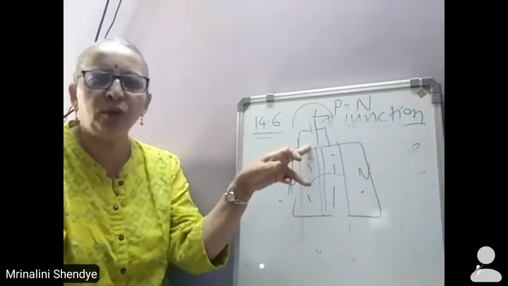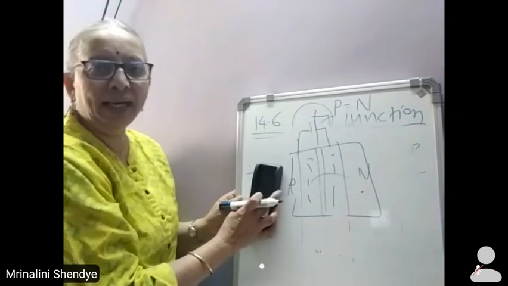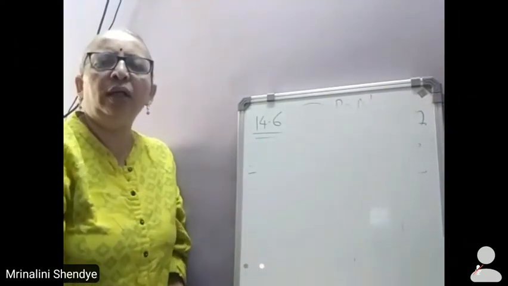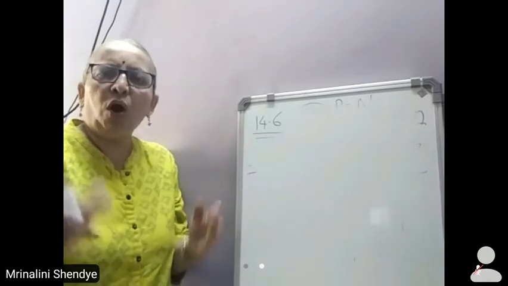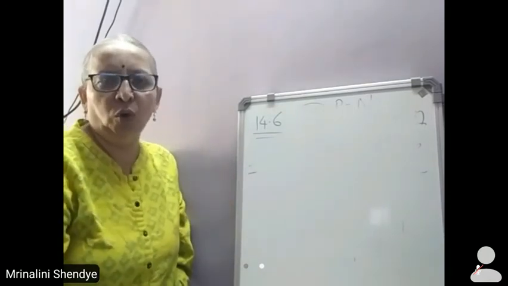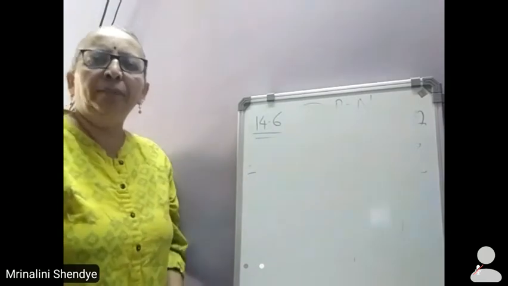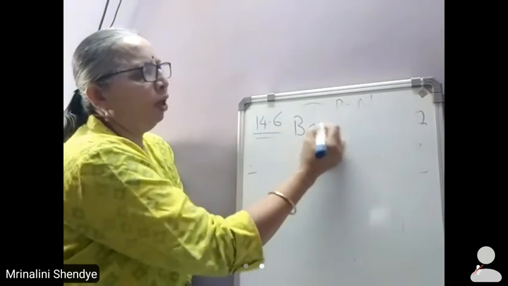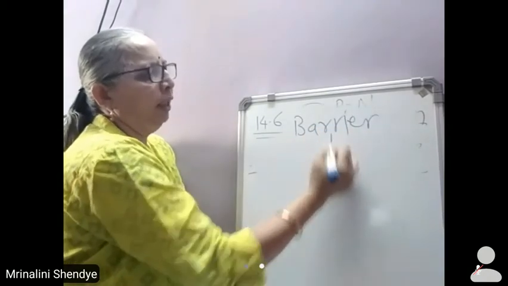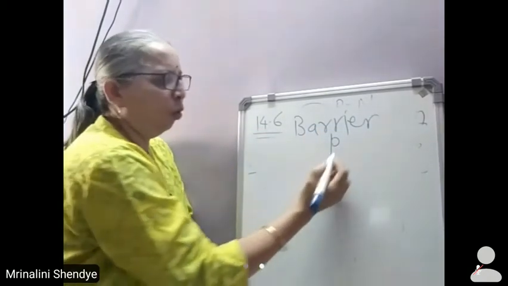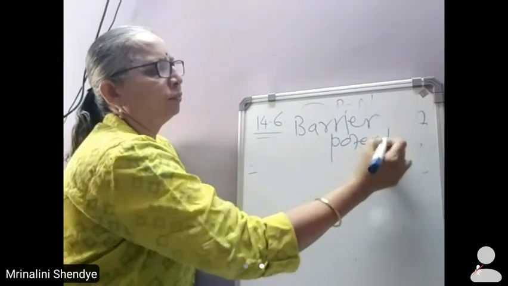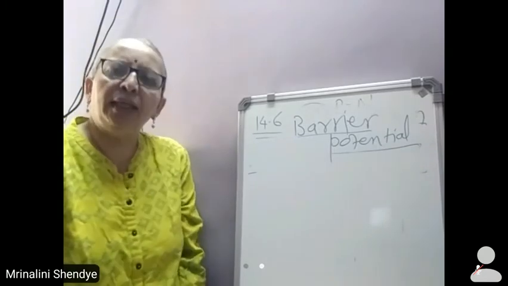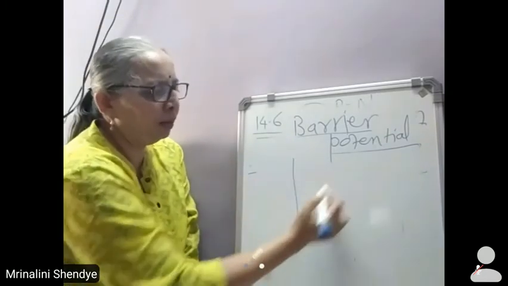hence this potential is called barrier potential. It controls, it doesn't allow the next electrons or holes to cross and migrate in the opposite direction, and hence this is called barrier potential. It resists the flow of charges. So this value of barrier potential is different. The thickness of